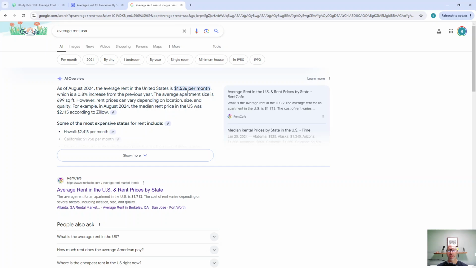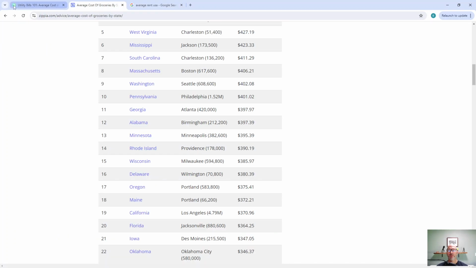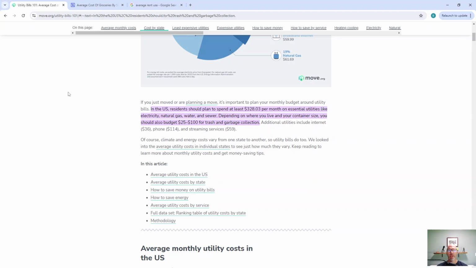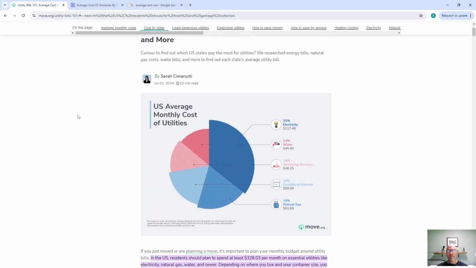That can go up, that can go down. I did the same thing for groceries. I did the same thing for utility bills. And the reason I wanted to do this is this gives a general average. The reason that you will want to do this is to find out if your number is average, lower, or